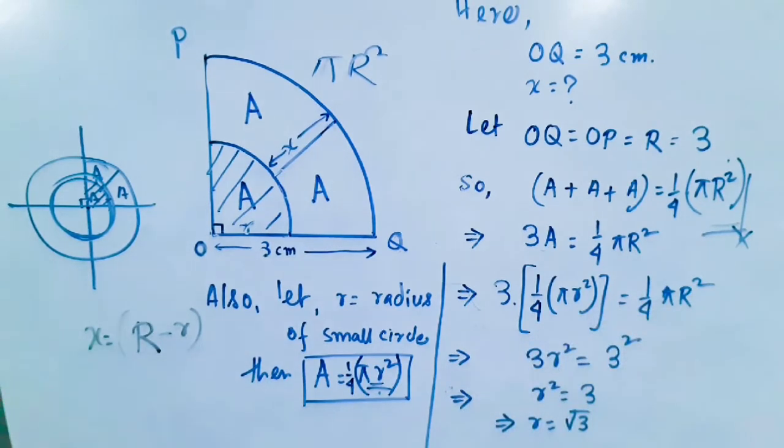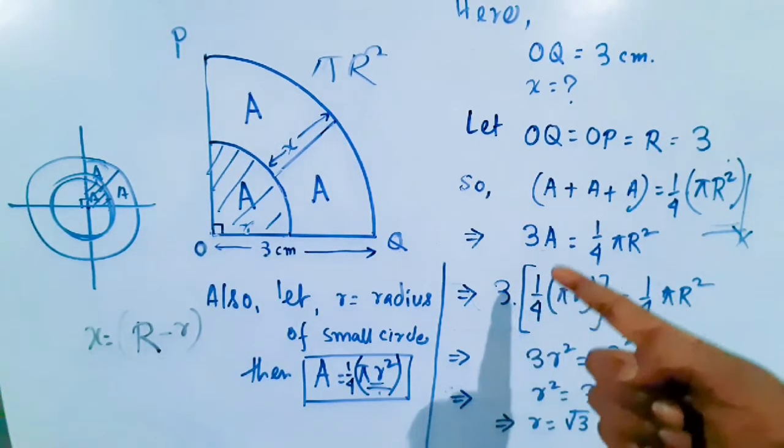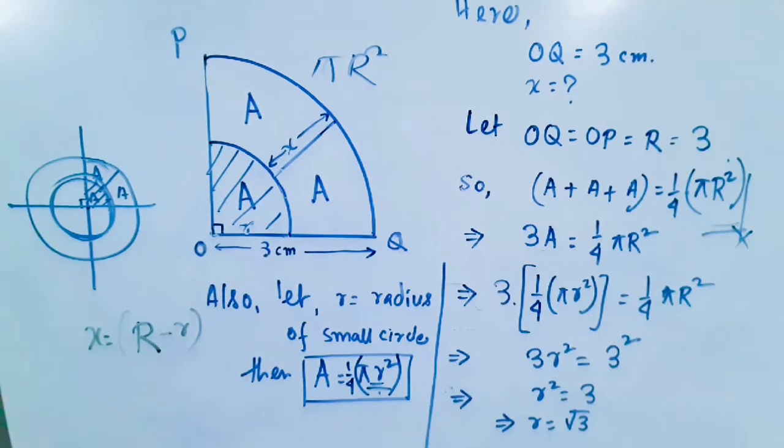So this is the simple calculation. Both side pi and 1/4 is cancelled. So left hand side 3 r square and right hand side r square. R means 3 square. Just look at the calculation. R square equals 3 r square. Divide both side by r square, then you will find R square by r square equals 3. Now try to find the square root of both sides. This is R by r, and the right hand side root 3.